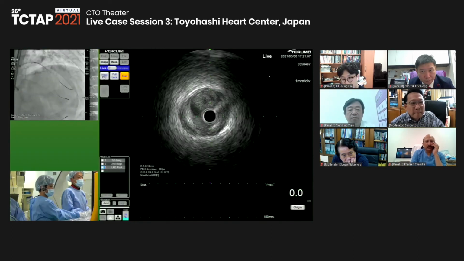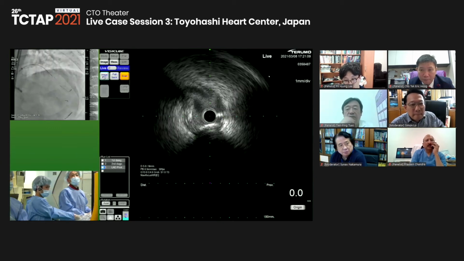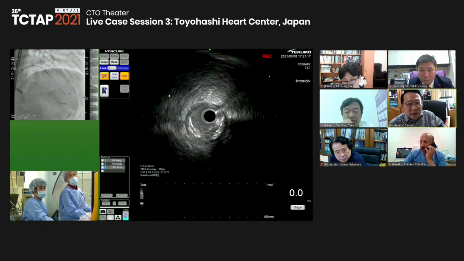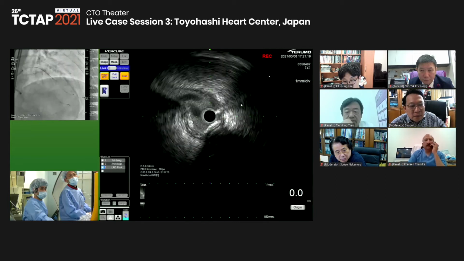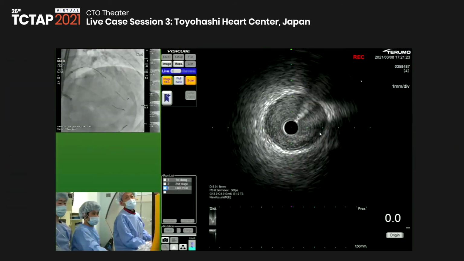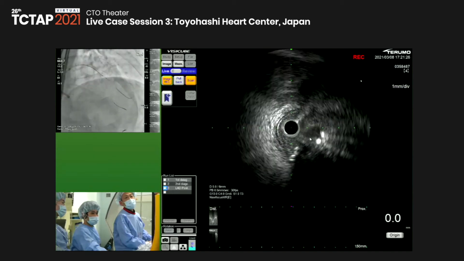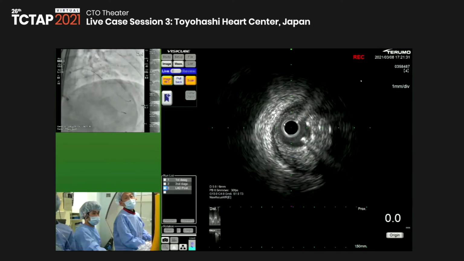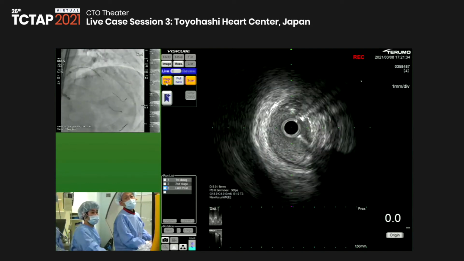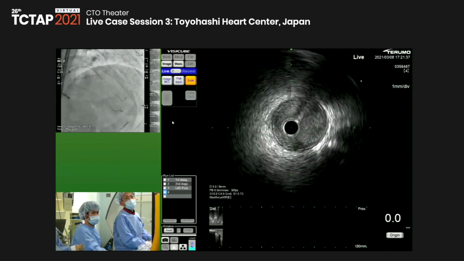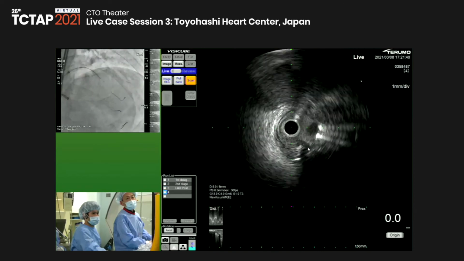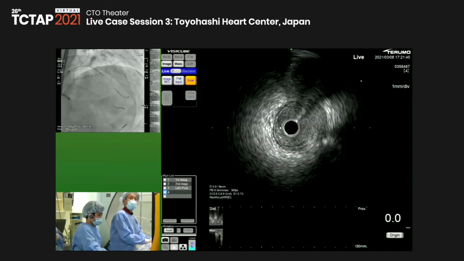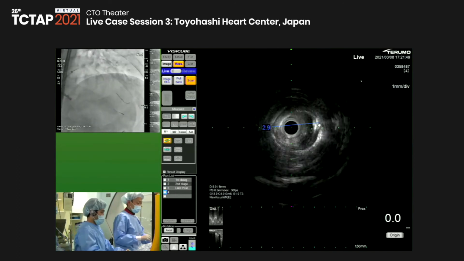Okay, so IVUS is here in the first diagonal. So the first diagonal is also very big. Maybe size is 2.5 something. And then LAD is coming from the 3 o'clock. So the orifice has some disease. But fortunately, the plaque distribution is the septal side, right? But anyway, I'm afraid of side branch compromise for stenting.